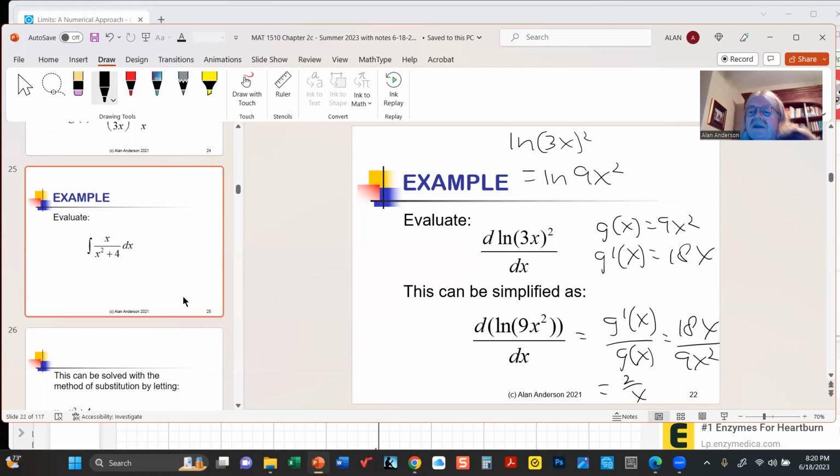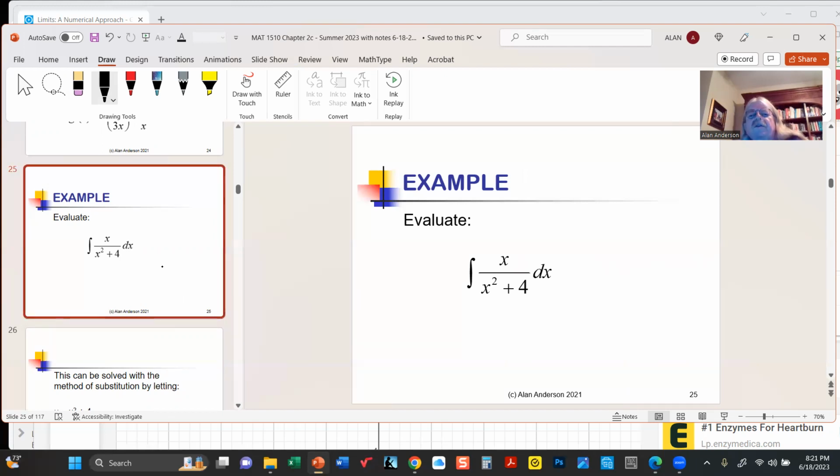Unless you're positive it's something else, I think your best bet is always to start with u substitution as a potential candidate for the technique that you're supposed to use. And by doing that, that may be it. But if it's not, at least you'll know right away that that's not the right one. So for this one,